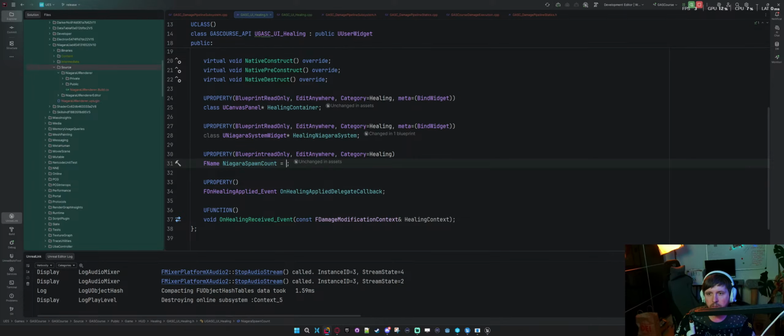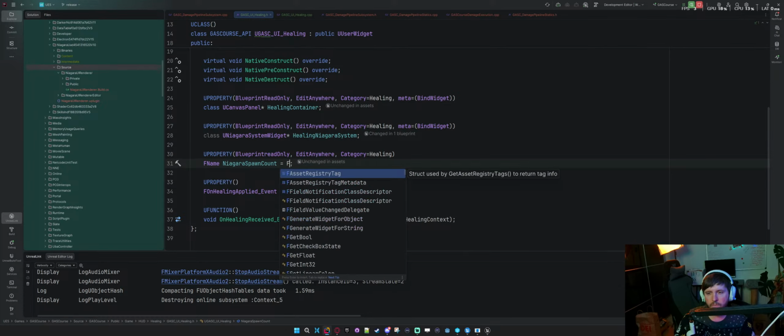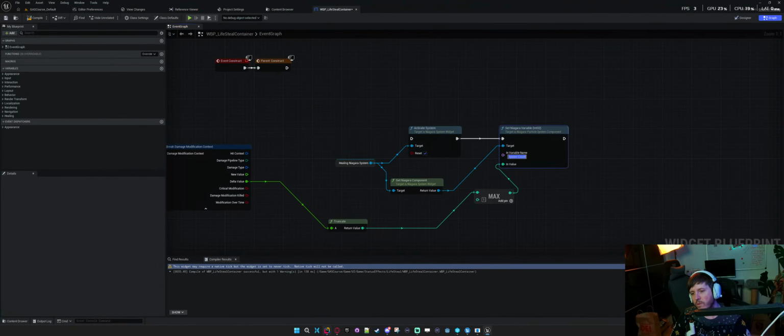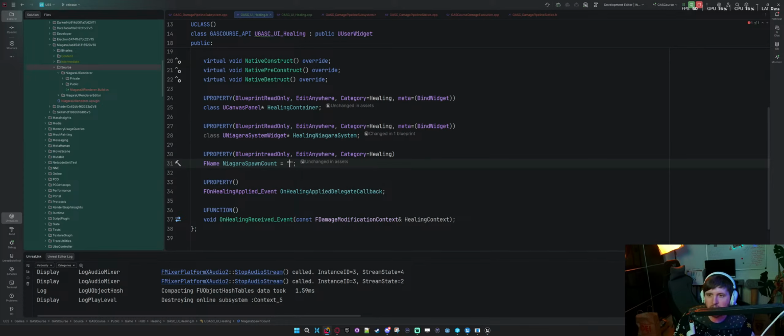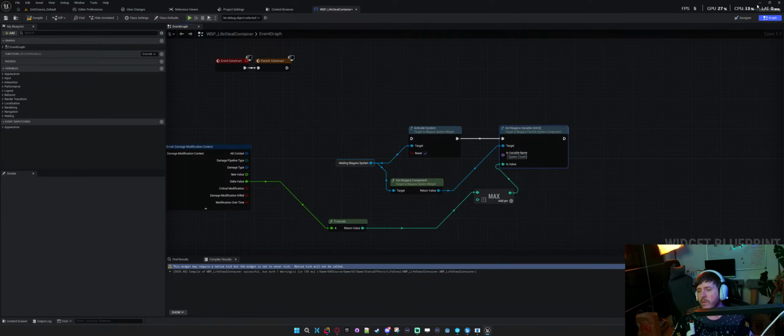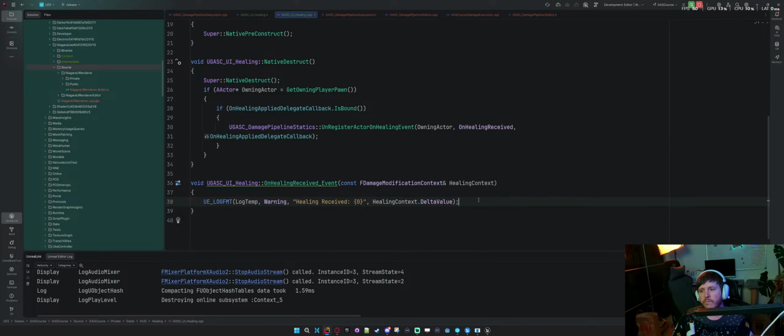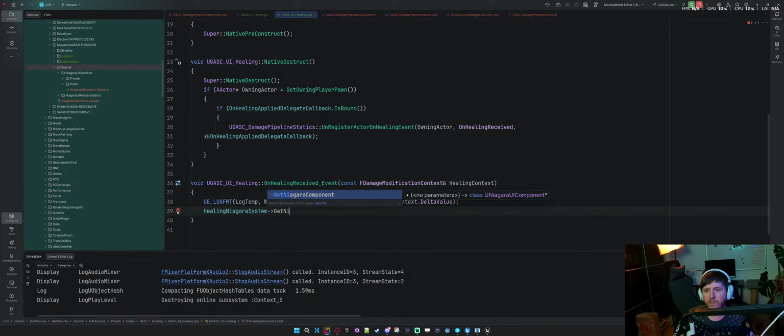Fine. Say equals F name. I mean, we could, by default, give it the same name here, right? And if we want to update it later, we can. Bam. So now we have to do what? Whoop. Get Niagara component. So actually to go, get Niagara component.